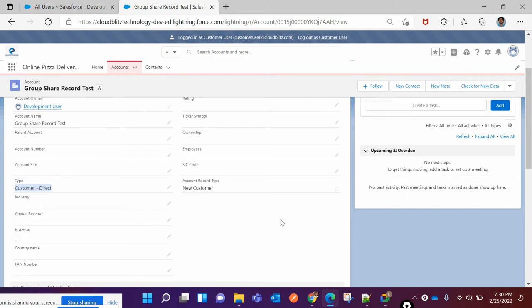Because the record is only one, the data is not differentiating. Data will not differ from user to user. Data will remain the same. Suppose a development user has created the record and shared it with three users, and suppose the testing user changes the record. Then that changed record will be visible to the development user who created it, and also to the manager user